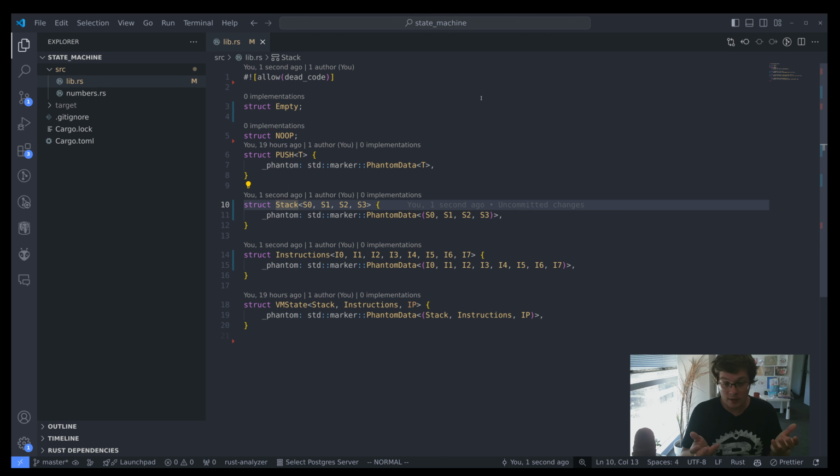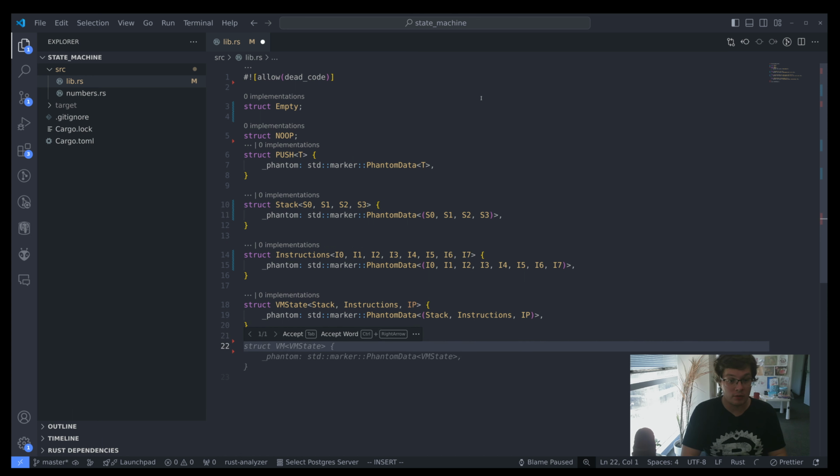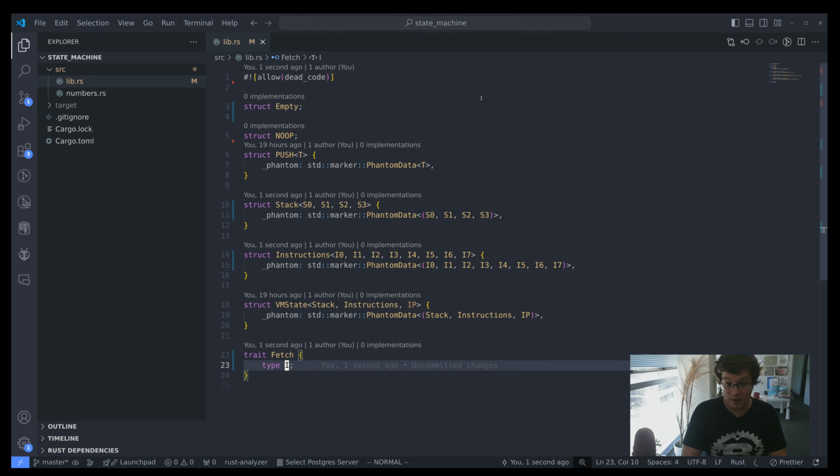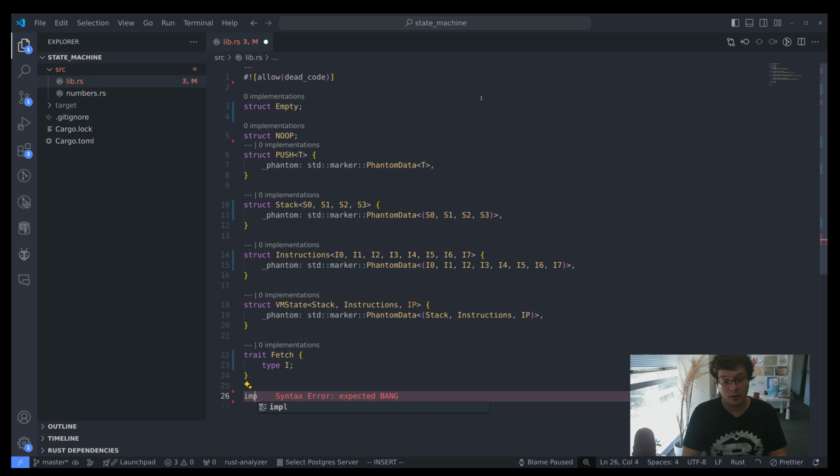Hence the fetch and execute cycle. So let's model that with a trait. Trait Fetch, and the associated type here should represent the current instruction. So impl Fetch for